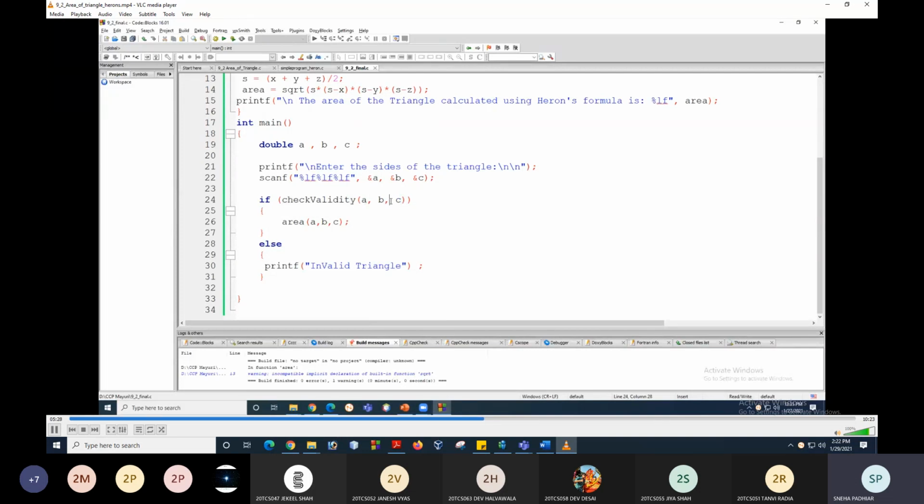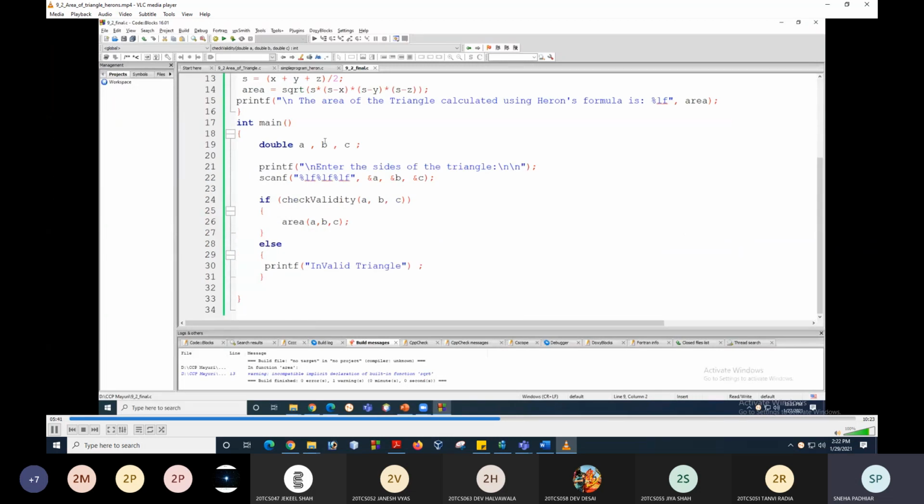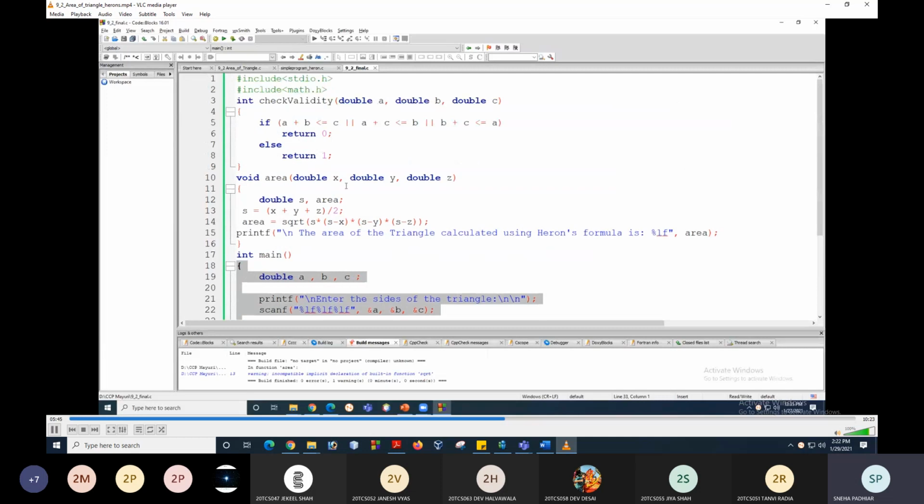As you know, these a, b, c are the children of the main function and those a, b, c are the children of the check validity function. So this a, b, c's scope is only up to this function and the main a, b, c's scope is only up to that function. So even if the variable names are the same, they are actually different variables, right?